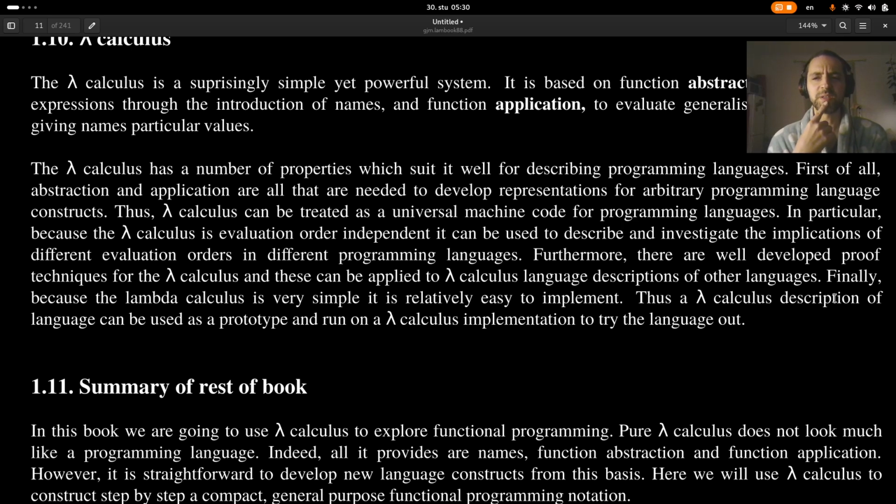Well, let's move on. In particular, because the Lambda Calculus is evaluation order independent, it can be used to describe and investigate the implications of different evaluation orders in different programming languages. Now that's a mouthful. But what does that even mean? Well, I guess this has to do with equational reasoning, right? Because if the functions are pure,